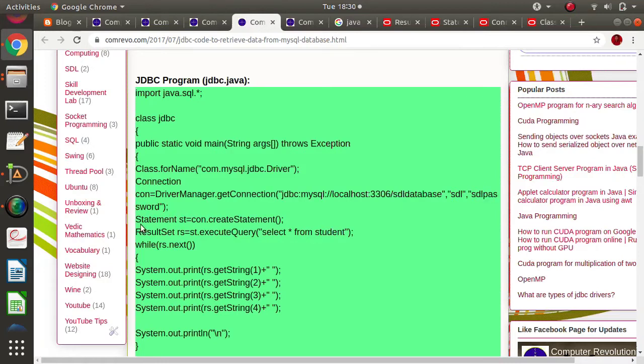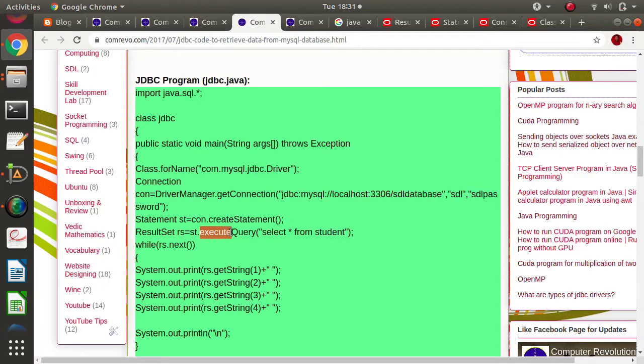After that, the next step is to create the statement object. By using the statement object, we can fire queries or perform some operations over the database. Statement is an interface, and its implementation is given by this. We need to call the createStatement method. After that, by using this statement object, we can fire the query.